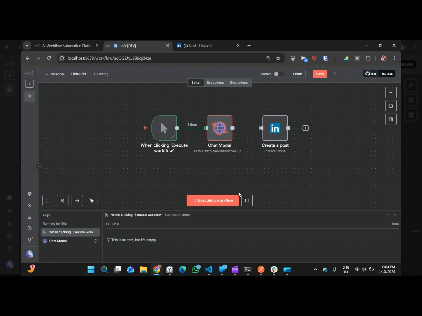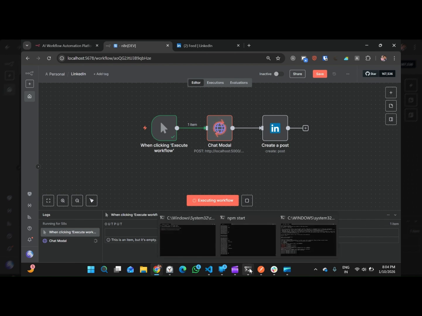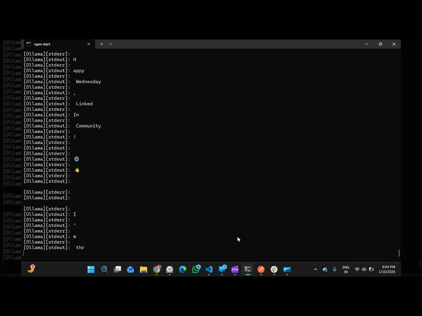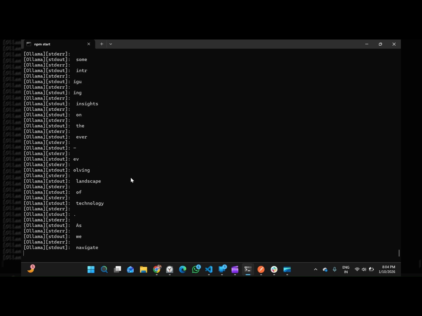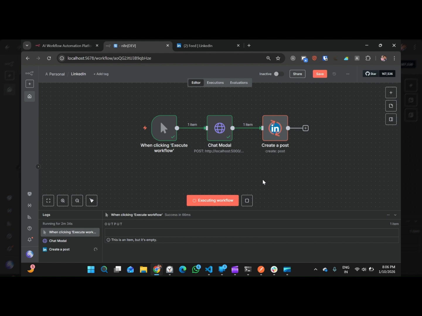I can show you the backend process on my AI as well. So this is the backend where my local Ollama AI model is generating the response. We can see the response from the AI as well. I used my local Ollama 3 model. So it is generating some response. So we can see the AI model has processed it and also LinkedIn posted